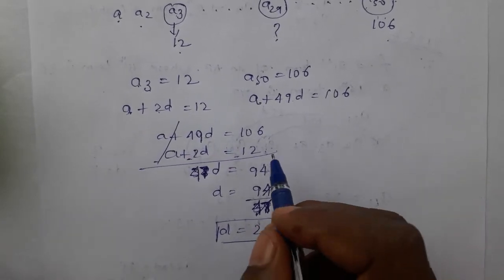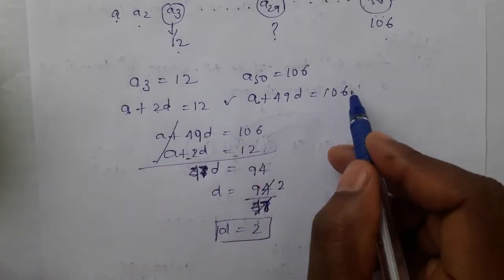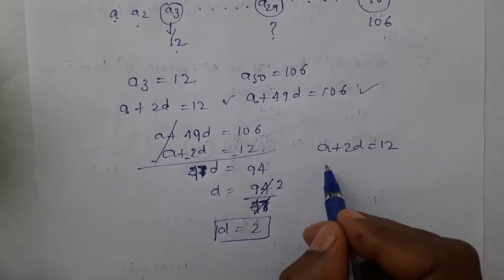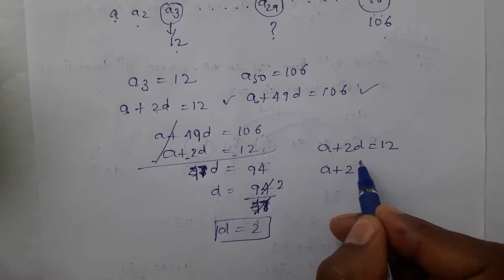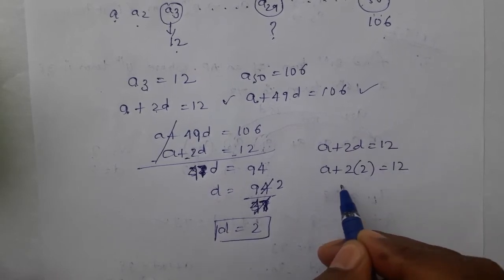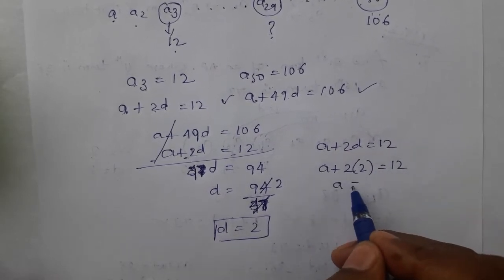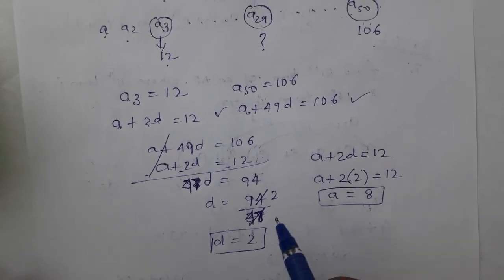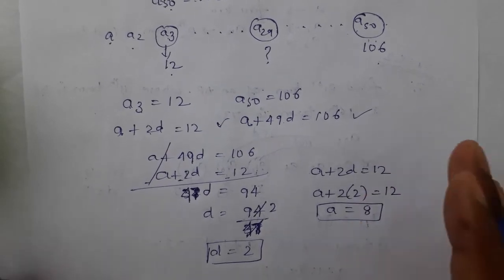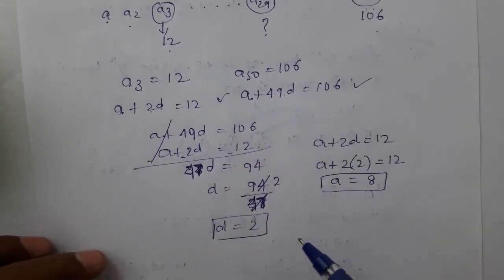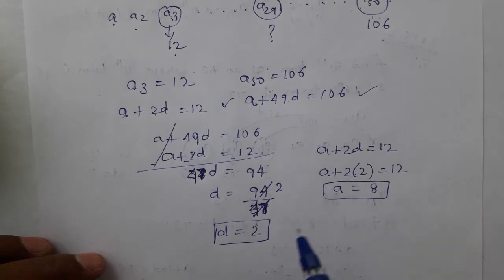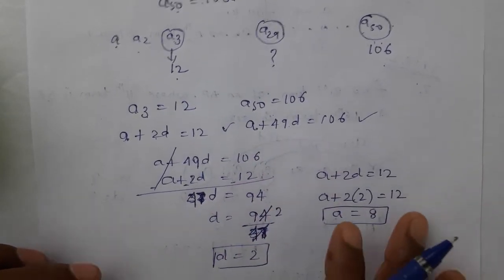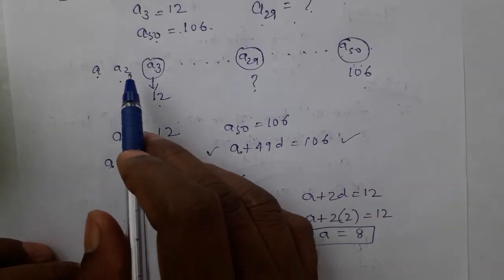Now how to get A value? To get A value in these two equations, we will select the simple one. This is the simple one. Next, A is unknown. 2 into D value, just now we got 12. A, this 4 is shifted that side. We will get 8. A and D. Once we get A and D, we can get anything in this progression. As I told earlier, A and D are very, very important. The first term and common difference, if you know, you can write the AP, you can get any term. That means you can get first, second, third, anything.